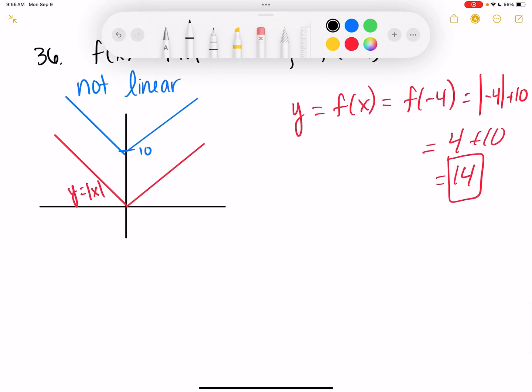All right. This one, 38, our last one. G of x, now I'm really going to throw him for a loop, equals,